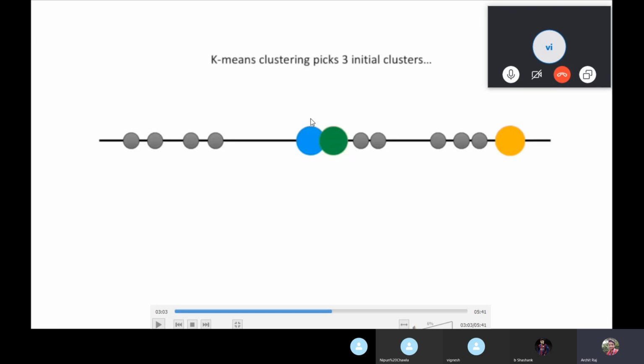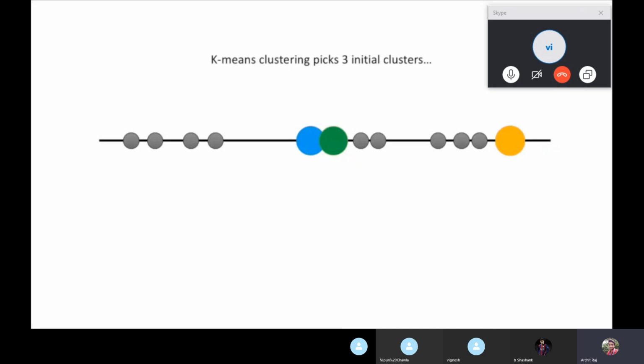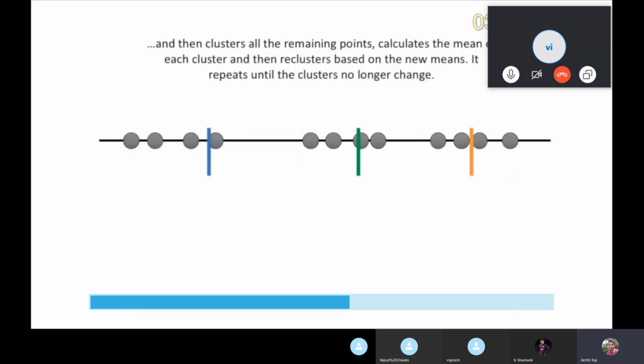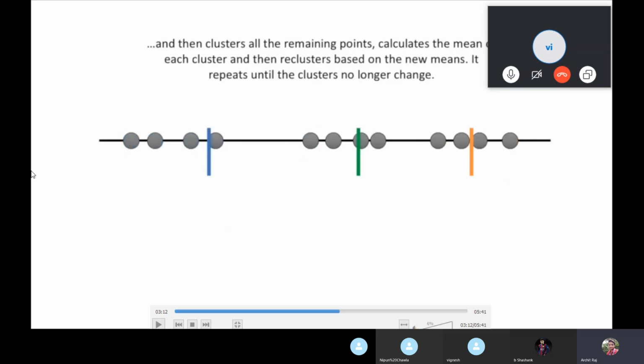From this data point, we'll find the distance to blue, green, and yellow. For this one also, for this one also, for every point, you find the distance to all three points, and then you assign it to the respective cluster. Now, when the clusters have been assigned, what do you do? Next step, you find the mean. What exactly do you do after the mean? Go to the previous step again. Find the distance from all the points to the mean of the clusters. Again, do the same thing and assign each point to the cluster it is closest to.